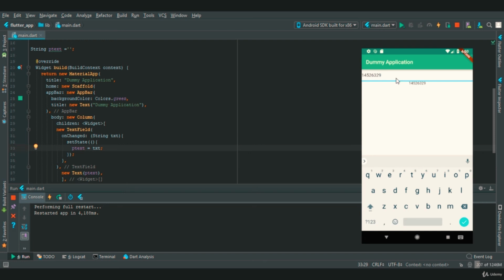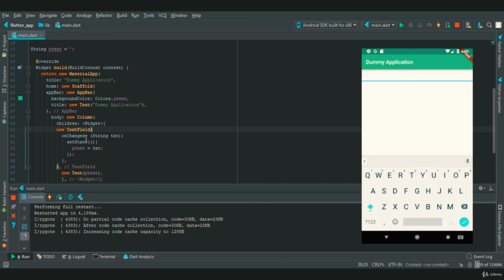But what if I want the value of the text field to be changed only on submitted? So, onSubmitted,